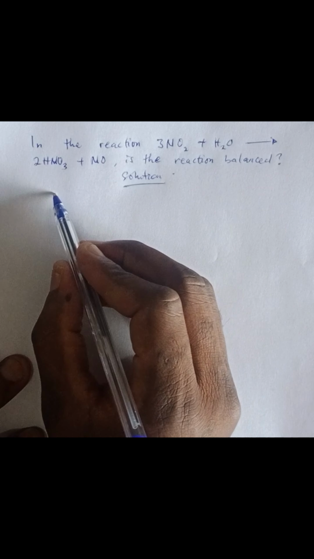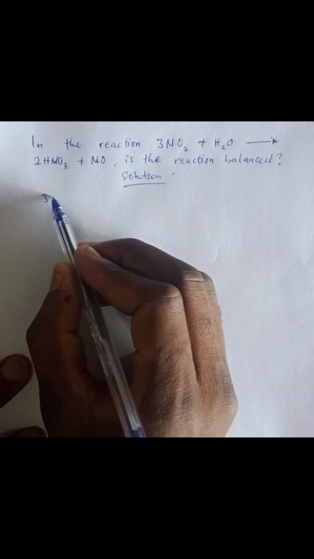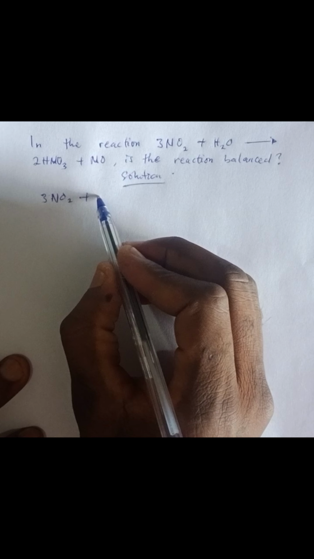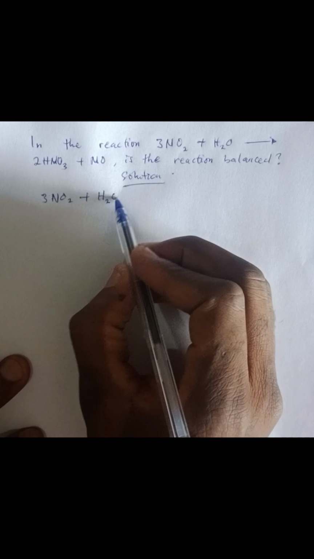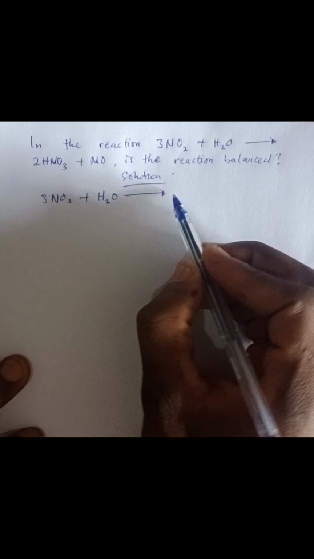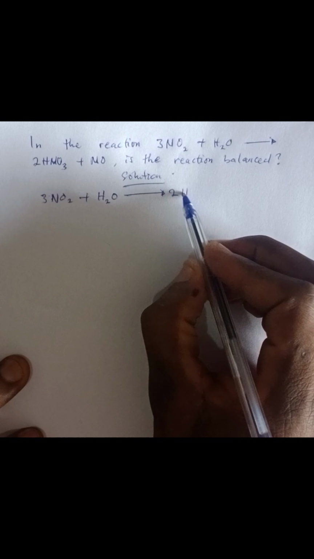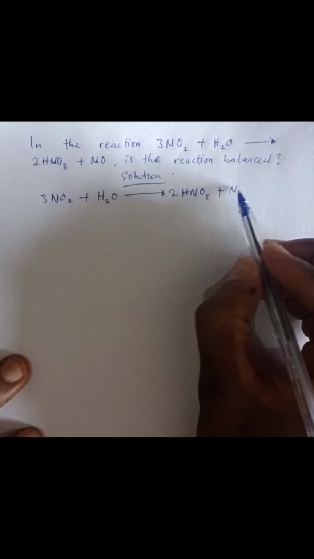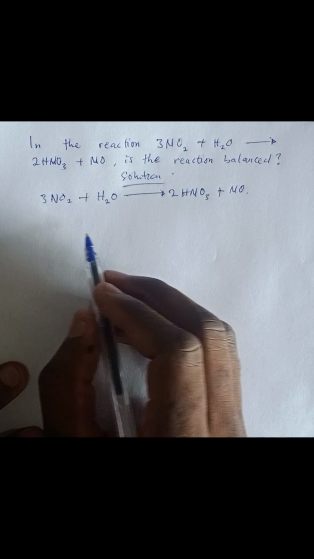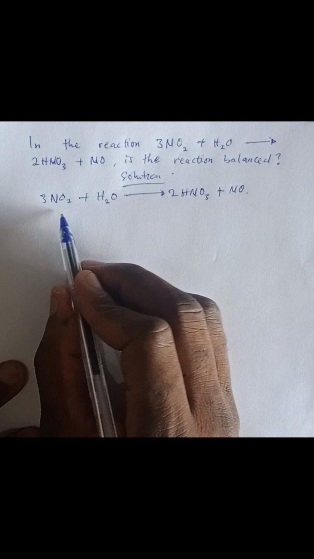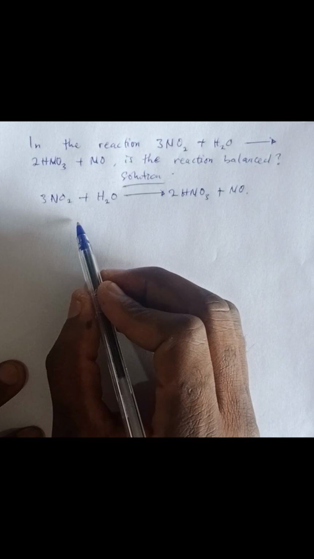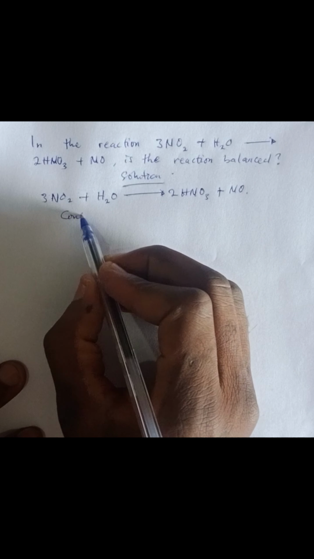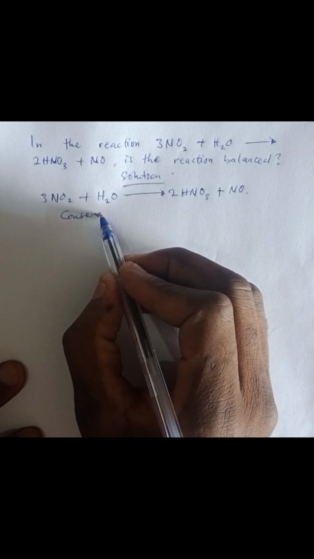First thing first, let me write out the equation once again. 3NO2 plus H2O to produce 2HNO3 plus NO. Now let's conserve our nitrogen and see whether it is truly conserved. So let's look at conservation